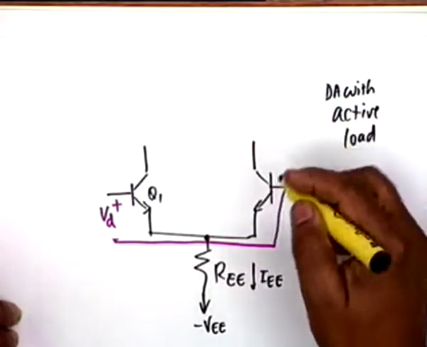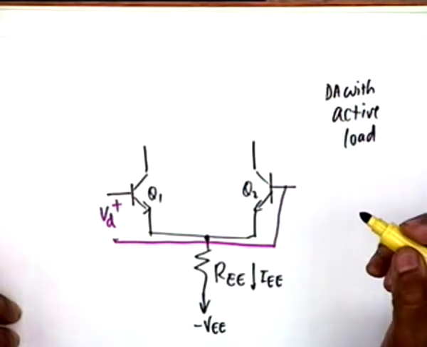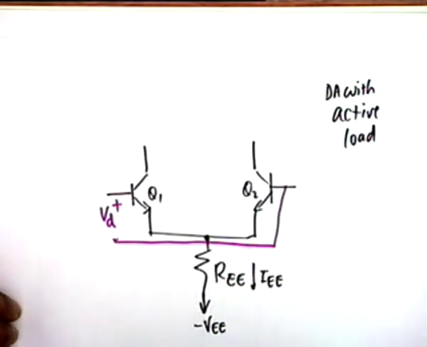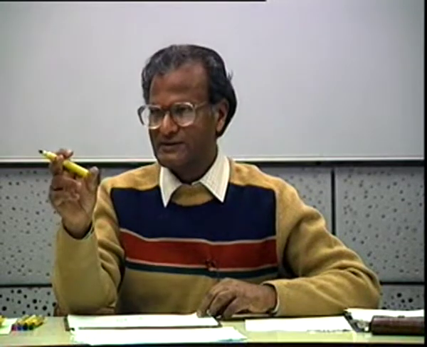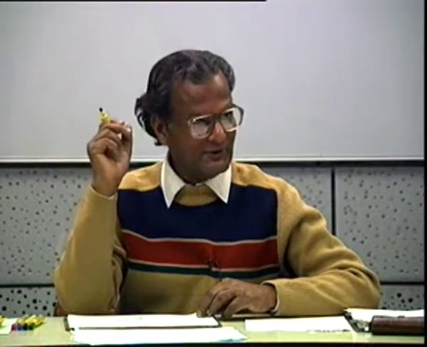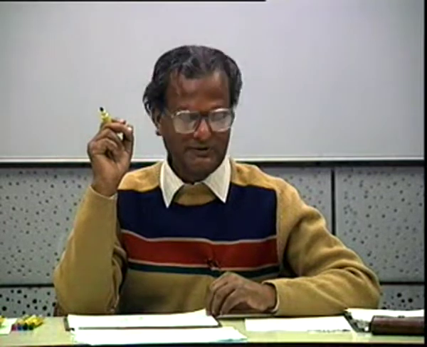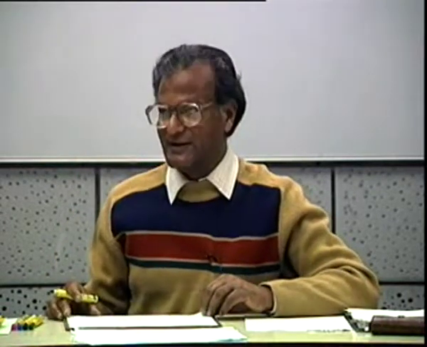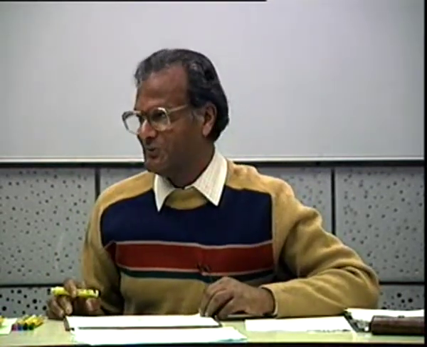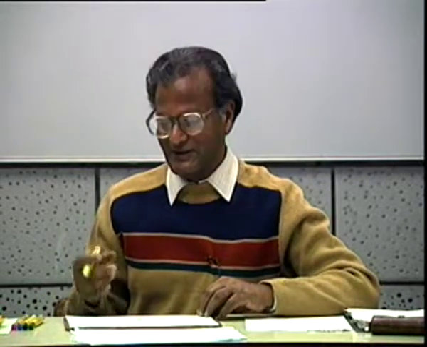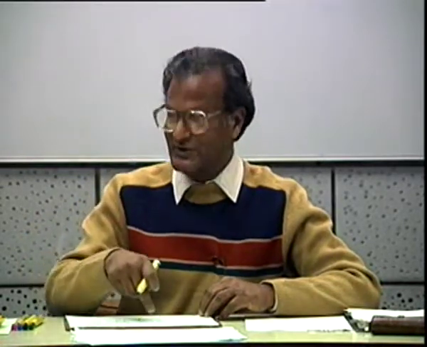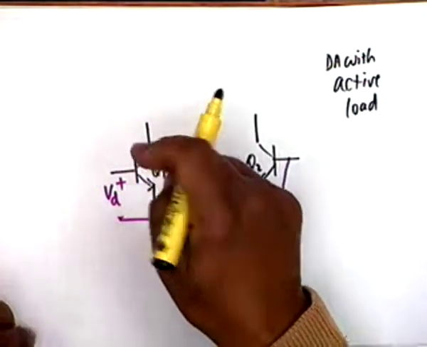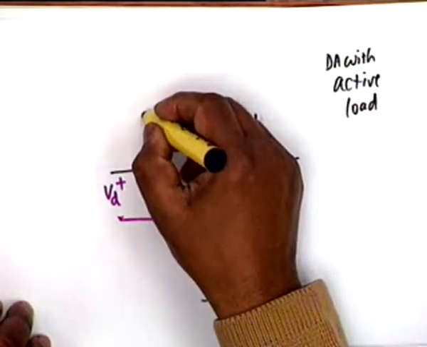You see, we have 2 transistors, Q1 and Q2. Naturally, if a single common emitter amplifier requires 2 transistors for an active load, this should require 4. But people are very clever, circuit designers. They did with 2 and see how this connection is made. The 2 transistors in a current mirror circuit, because the currents are identical, that can be used for Q1 as well as Q2. So what one does is the following.